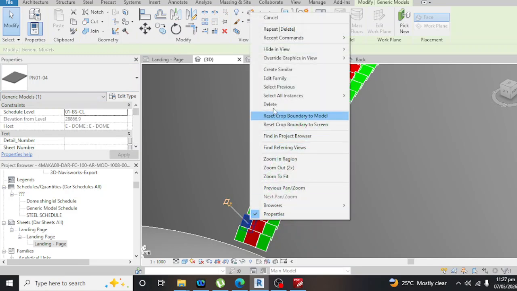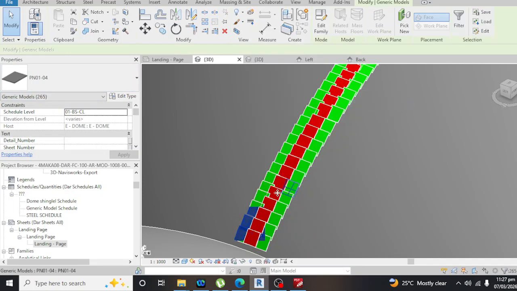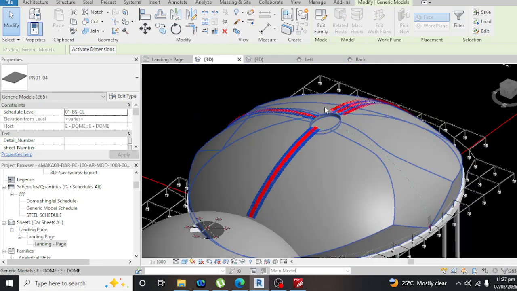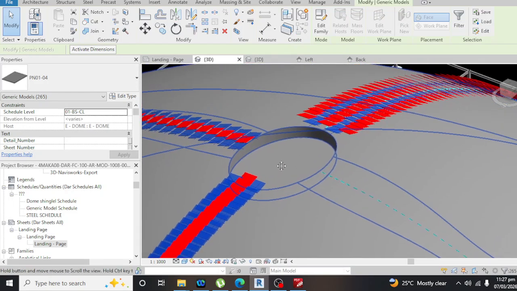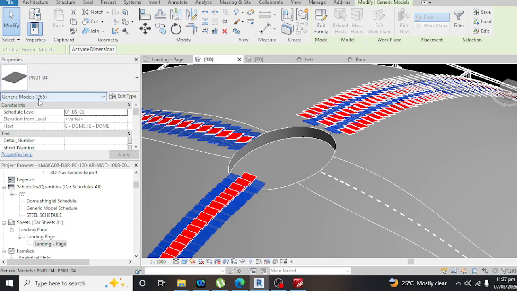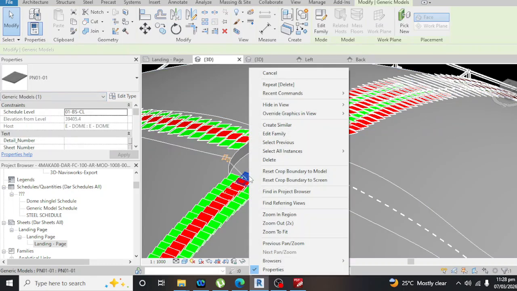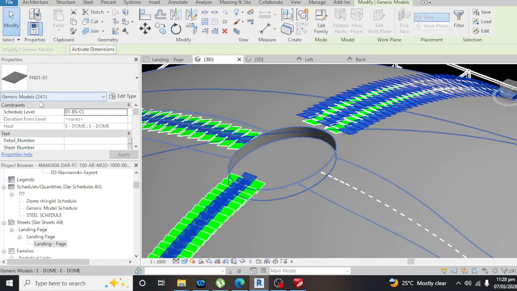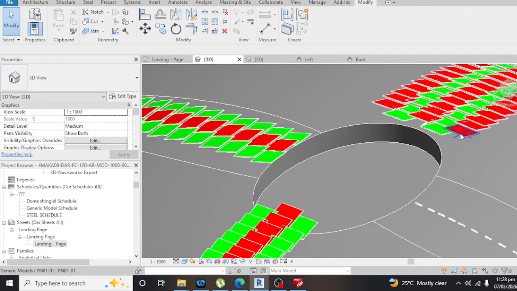When you click it and select it in the entire project, you'll see that all the green ones are going to be counted in the Revit properties browser. Also, when you click the red ones, select all in the entire project, you can see the properties and count the quantities. That's why I put it here.